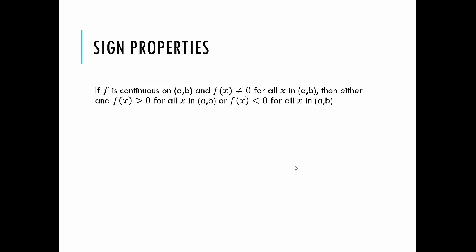Okay, well, what does all that mean? It's a whole bunch of mathy stuff, right? It basically says, if you didn't cross the x-axis and you're above it, then you got all positive values. If you never cross the x-axis and you're below it, then you have all negative values, and that's all that